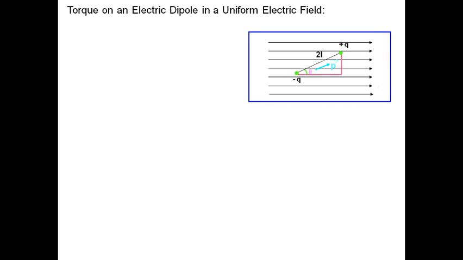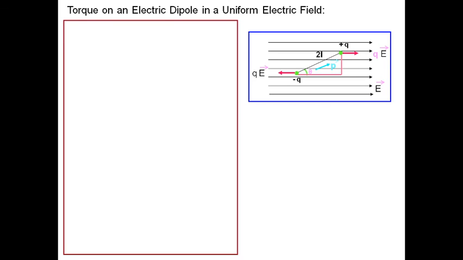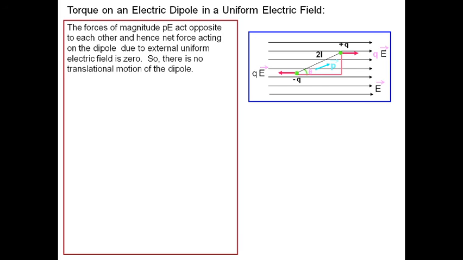Next topic is how to calculate the torque on an electric dipole in a uniform electric field. If an electric dipole is placed in a uniform electric field E, the field lines are shown, and the dipole with minus q and plus q is placed in the field. Force acts on the minus q and plus q charges: on minus q opposite to the electric field lines, and on plus q along the direction of the electric field lines. These two forces are equal in magnitude, acting at two different ends of the same line, and they form a couple, and such a couple always produces torque.